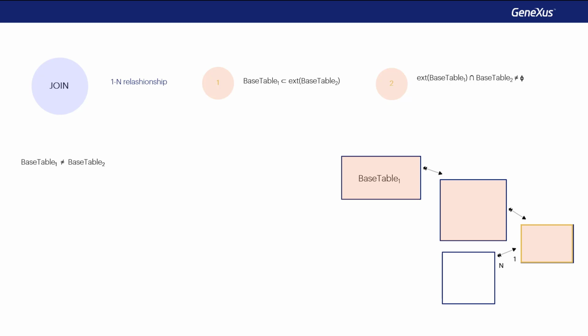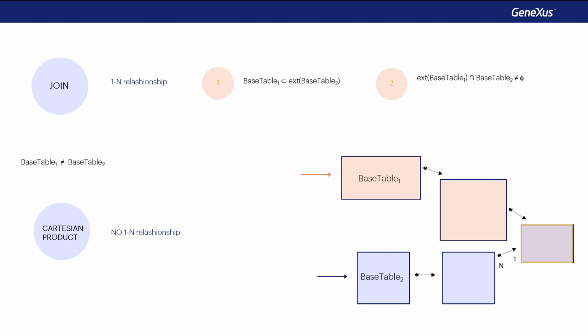That is to say, if the base table of the nested one is not this one, but this other one, there is a relationship between the extended tables, obviously, because both arrive at the same table. However, here there will not be a join, but a Cartesian product. Why? If for each record of the base table of the main for each, we may keep only those of the base table of the nested one that correspond to the same record of this table to which both arrive in a unique way.